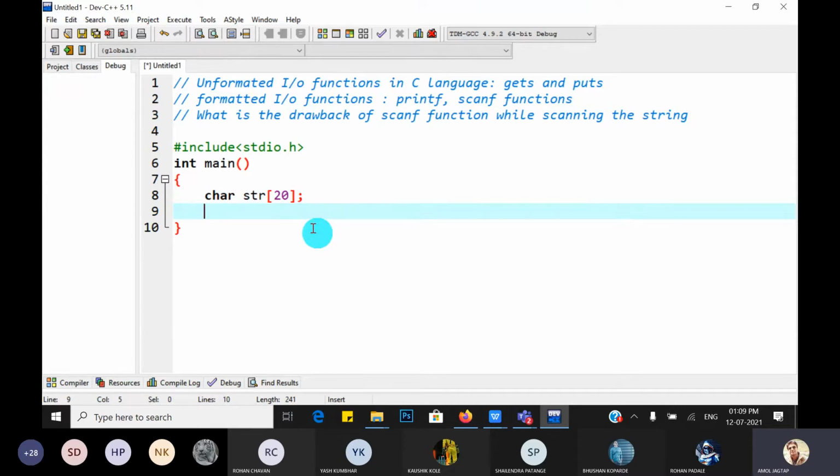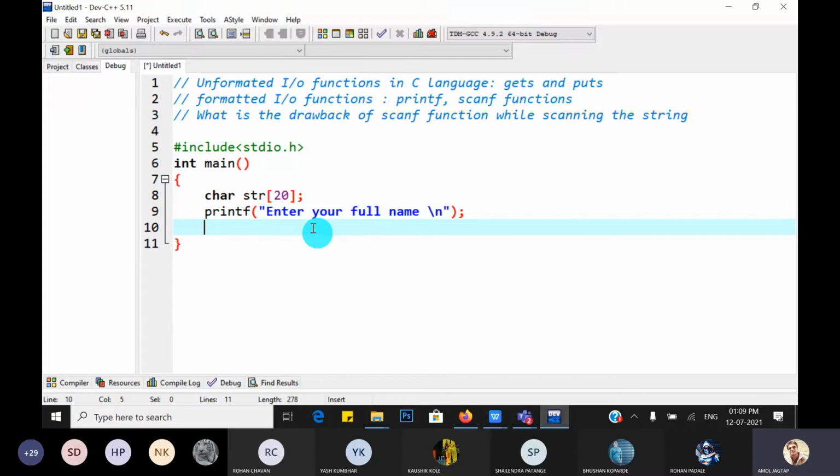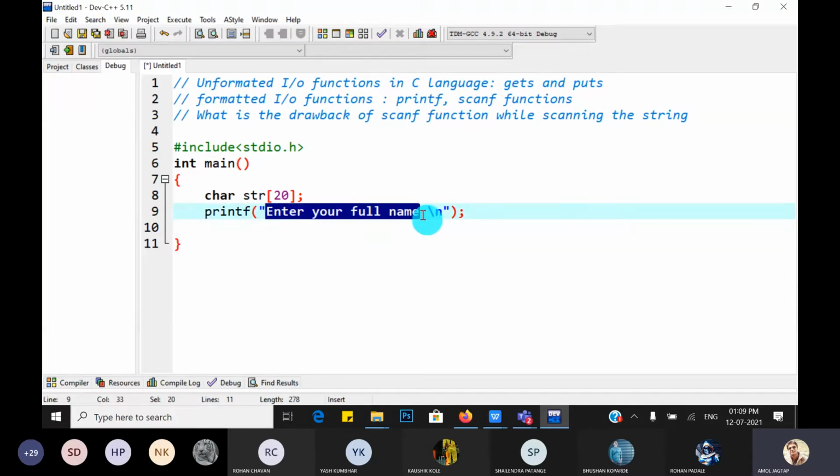Now what is our aim? To take the string from the user. So write printf, enter your full name. Okay, so this is the message we have to display on the screen.